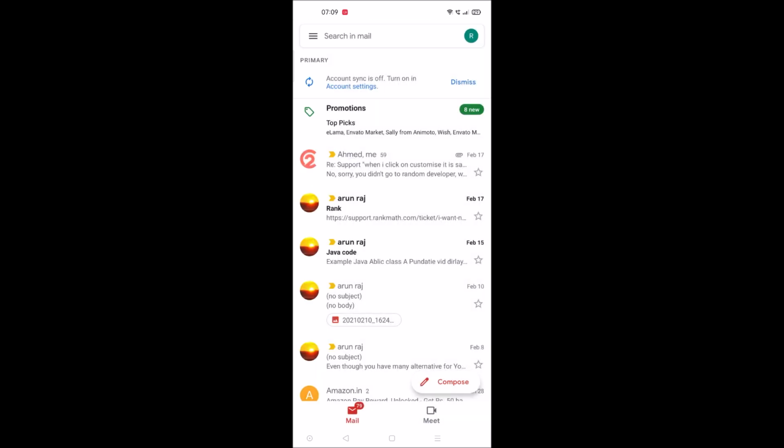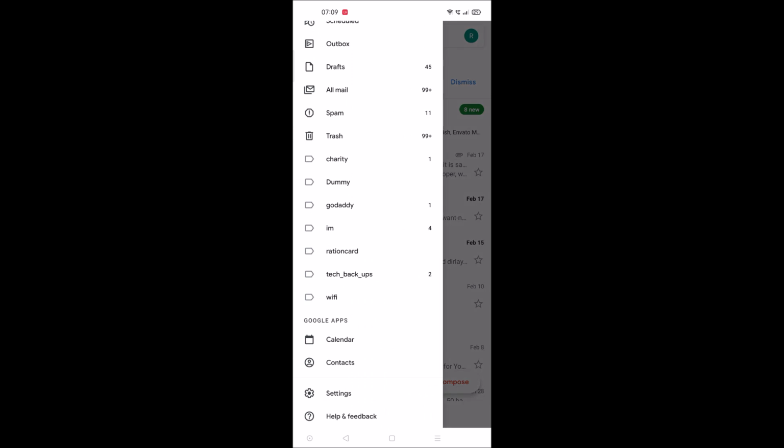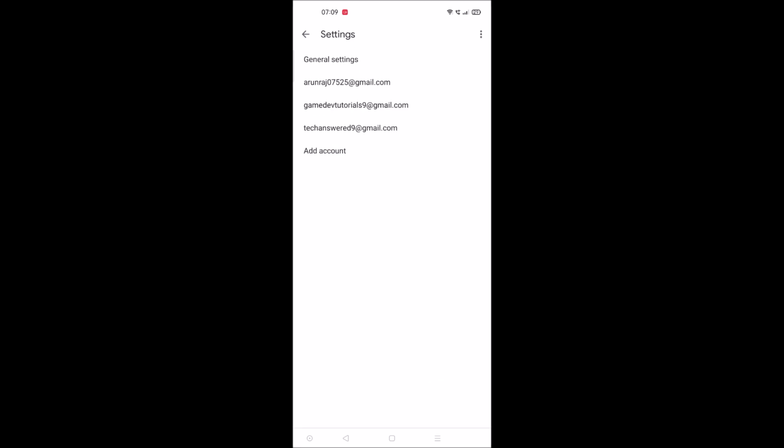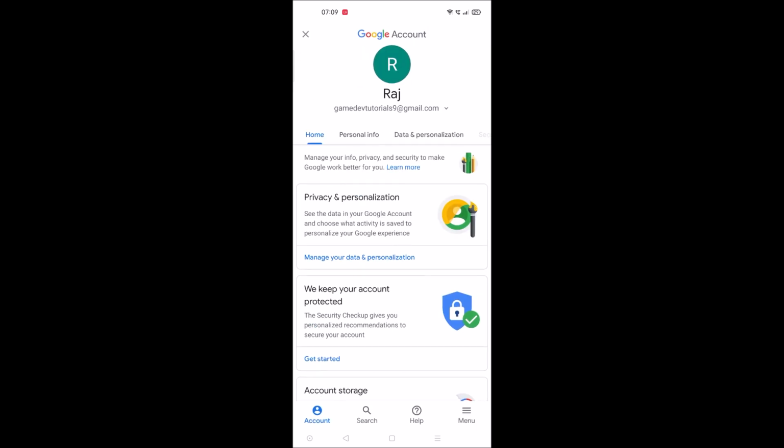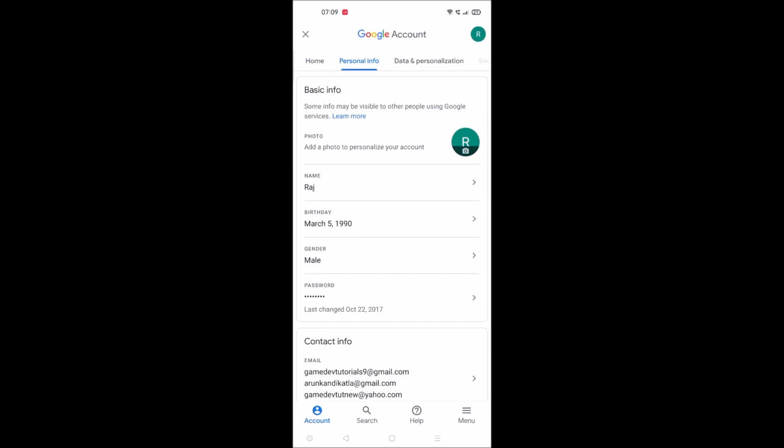So to change the display name, click on the three dots, and down you'll see settings. If you scroll down, you'll see settings. Click on that and choose the required Gmail address to change your ID name. And here the first option, manage your Google account, click on that, and then personal info, and here you'll see